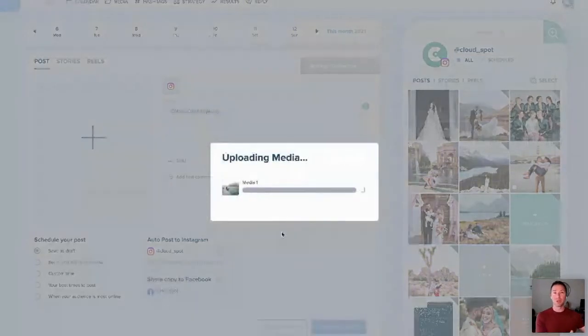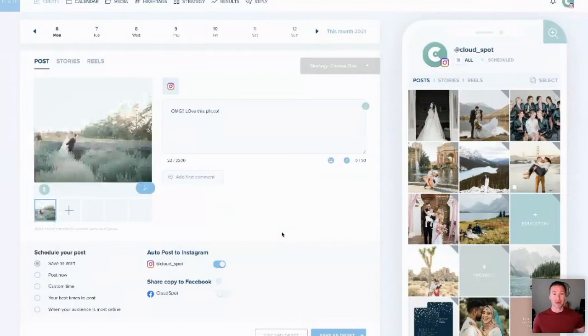And not only will it bring over the image instantly from CloudSpot, which is where all of your photos live and where you've managed them, it will also bring over the caption that you've already saved within your dashboard, which in your workflow was the perfect time to craft those captions because you're about to share, you're curating the gallery, you're getting everything set up. Now, when it comes time to plan out your social calendar, you just suck those images over and it's good to go, ready to post.